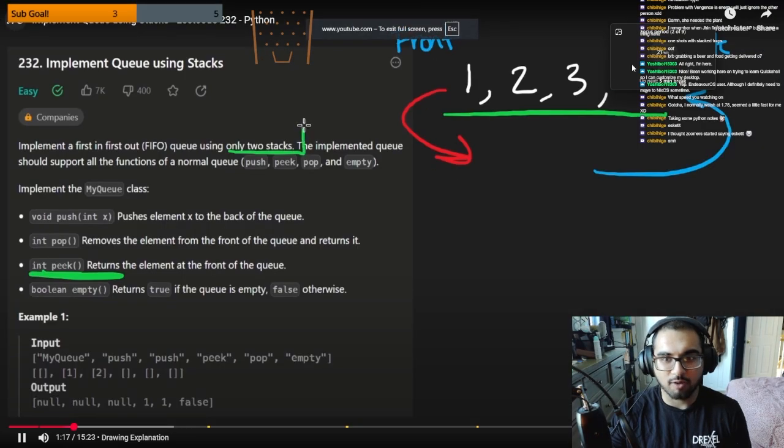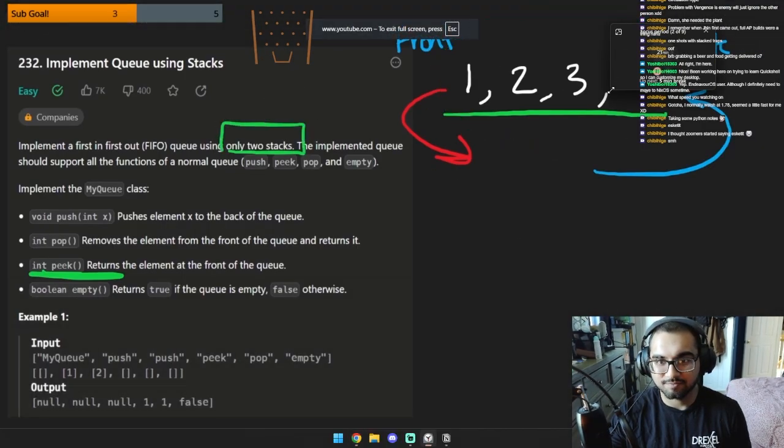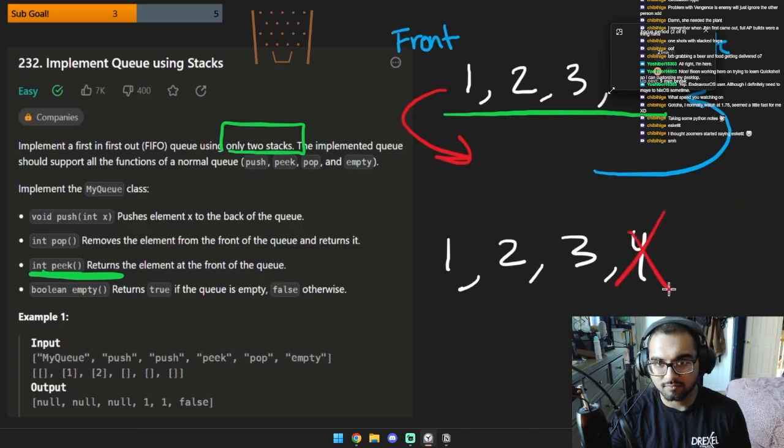Guys, I broke my mouse and I can't ever use a stack again. Anyway, a stack is kind of like this, except basically we'll push 1, we push 2, we push 3, we push 4, and then when we remove, we remove from the same side. So now we want to pop 4, pop 3, pop 2. We don't pop from the other side. This is called a stack, and it's pretty easy to implement because removing typically from the end of an array